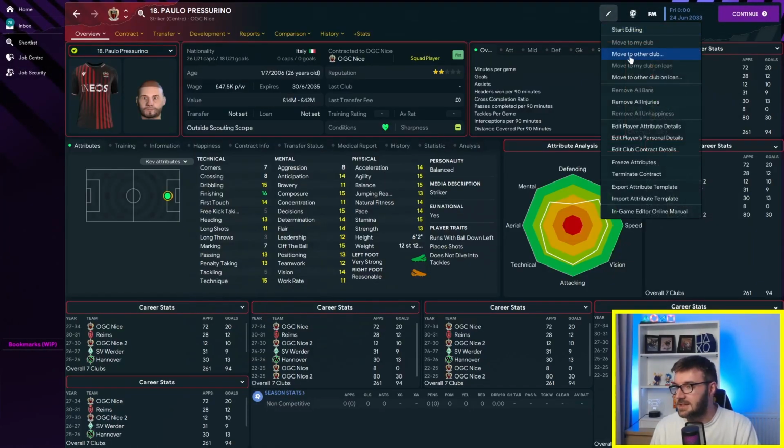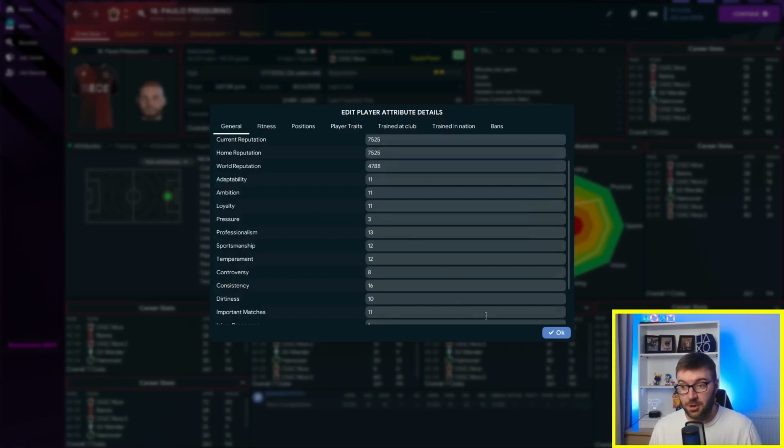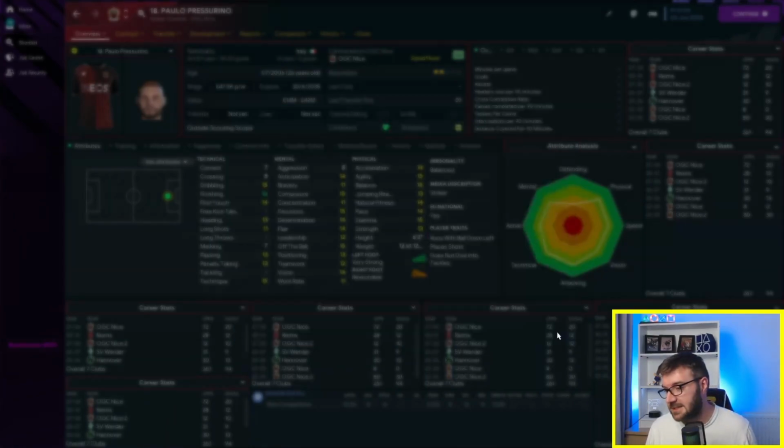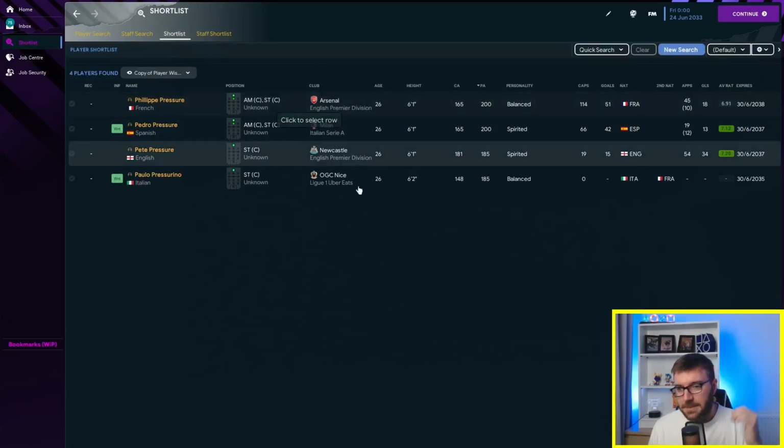Speaking of hiddens, let's have a look at Paulo's. Pressure's up at 3. And there's other hidden attributes are going up as well. 16 as well for consistency. So yeah, he's kicked on as Paulo. Will he get there? Pete's about to get to 185, which is his potential. So we're going to go through 4 years to 30. Oh, so